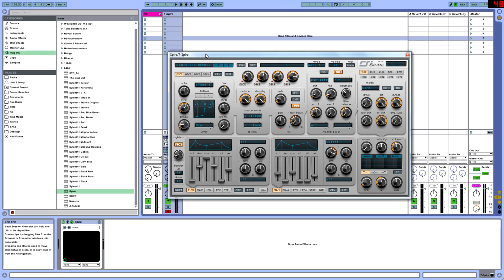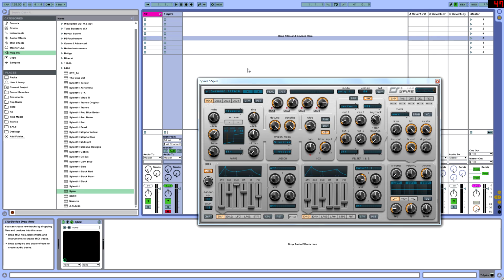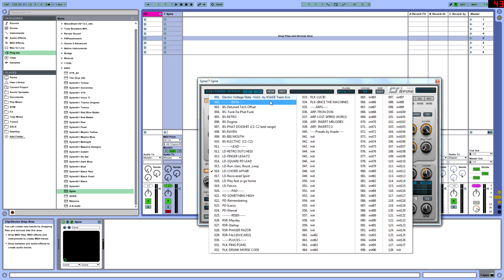This is going to be episode 3, and today we're going to be creating another big group melody just to get more into the habit of using the theories I explained in the last video. If you haven't seen the last video, I created a Let's Create a Melody episode 2 after creating episode 1 a few months ago. So today we're going to be using the bank from KSADE, which is part of the